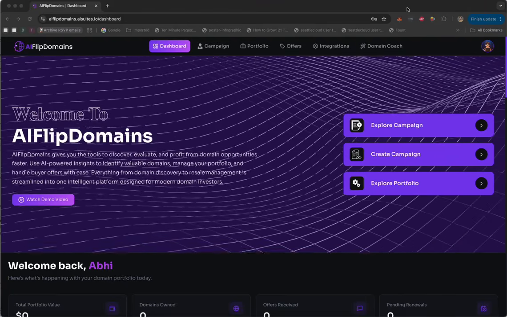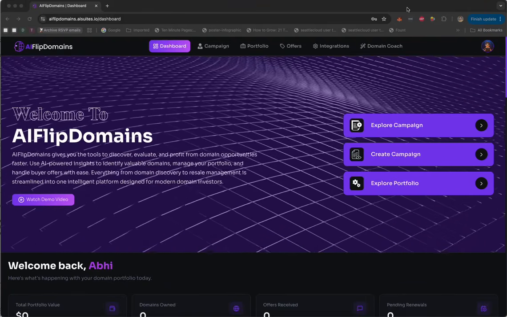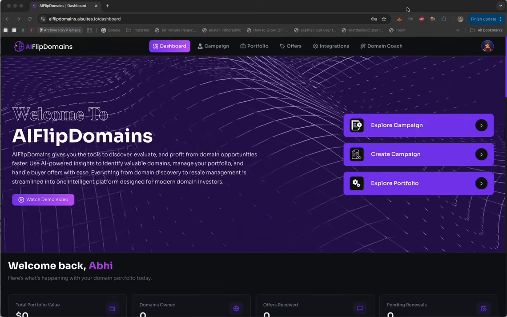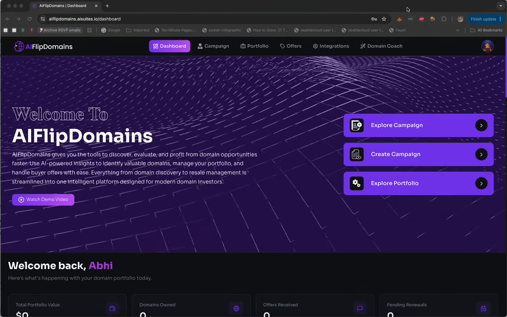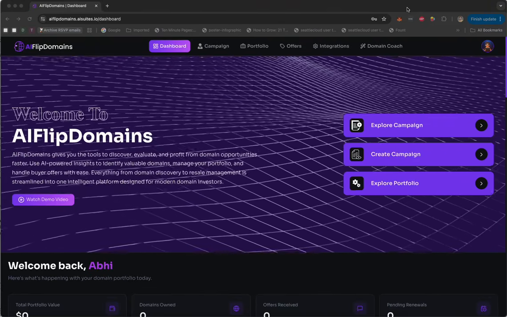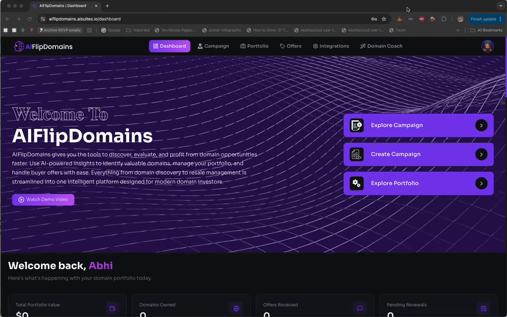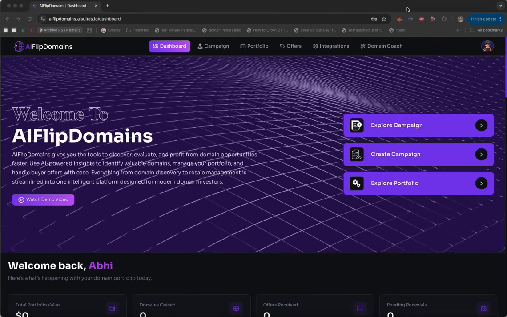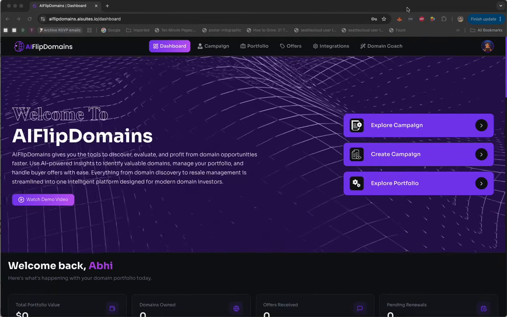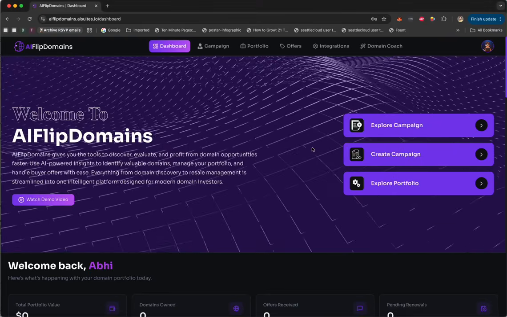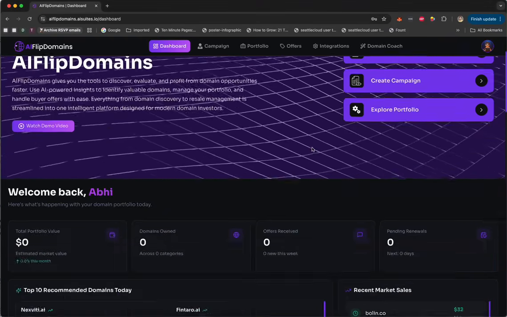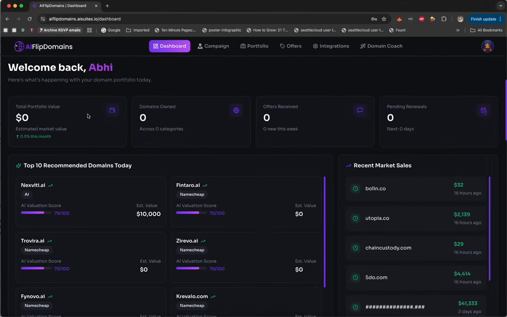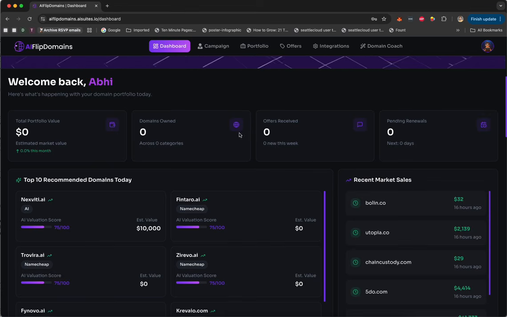Use the AI to do all the negotiation, track everything, check follow-ups, check offers, set up bridge pages and landing pages to help sell these domains, and do a lot of really cool things all automatically without doing extra work. So let's get started. First, once you're on the dashboard, you can see your entire portfolio, how many domains